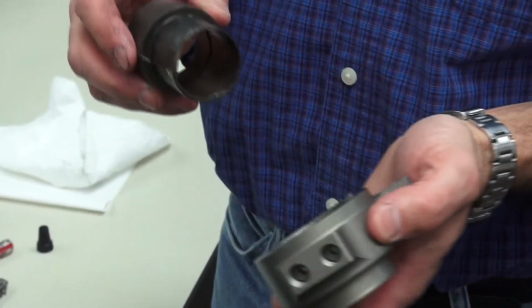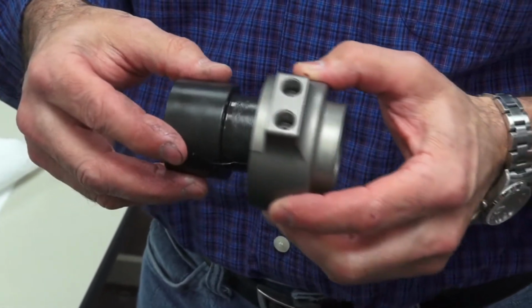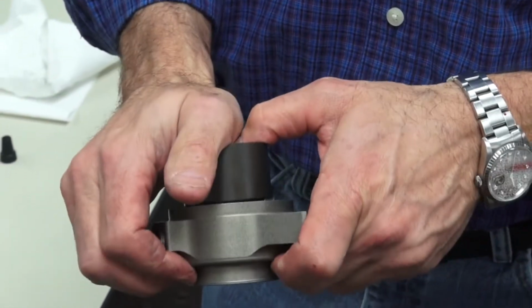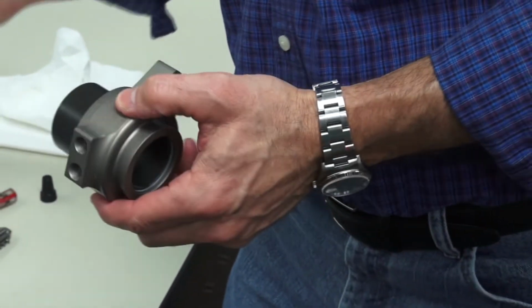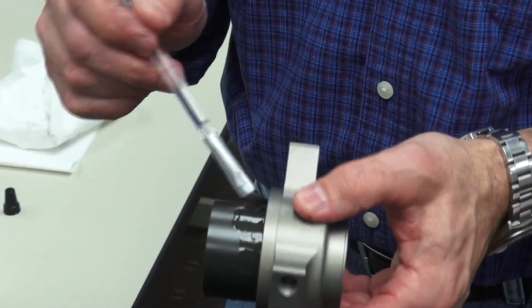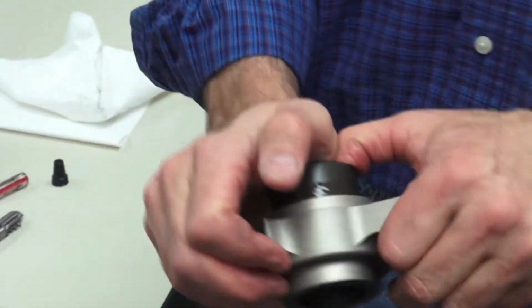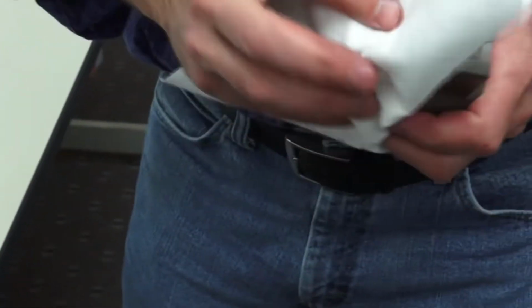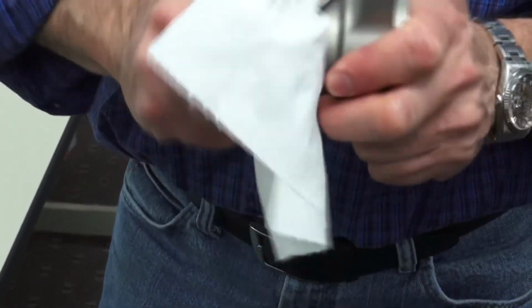Now we're ready to put the piston back into the bearing assembly. The front O-ring will get fed in first, followed by the rear one. Once it clicks into the front O-ring, put a little bit of brake fluid on the back of the piston. Then press it together. As the piston comes through, take a clean rag and wipe the excess O-Lube out of